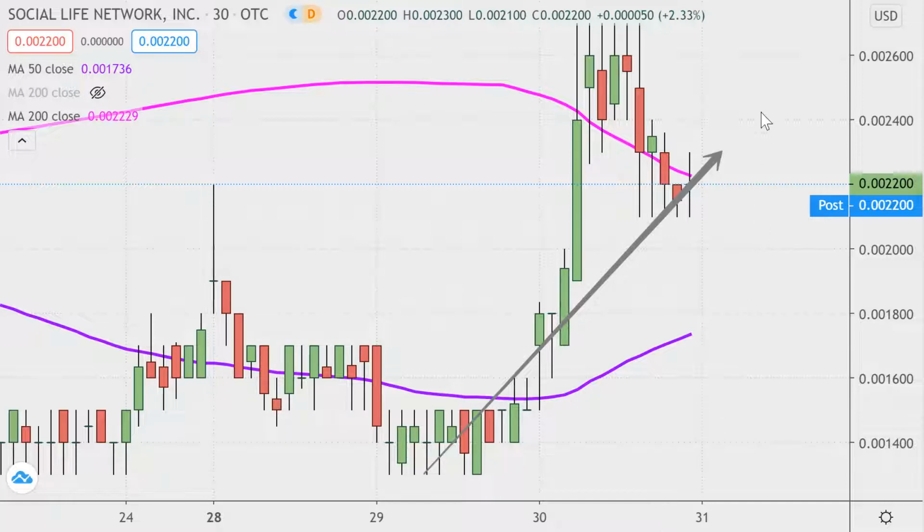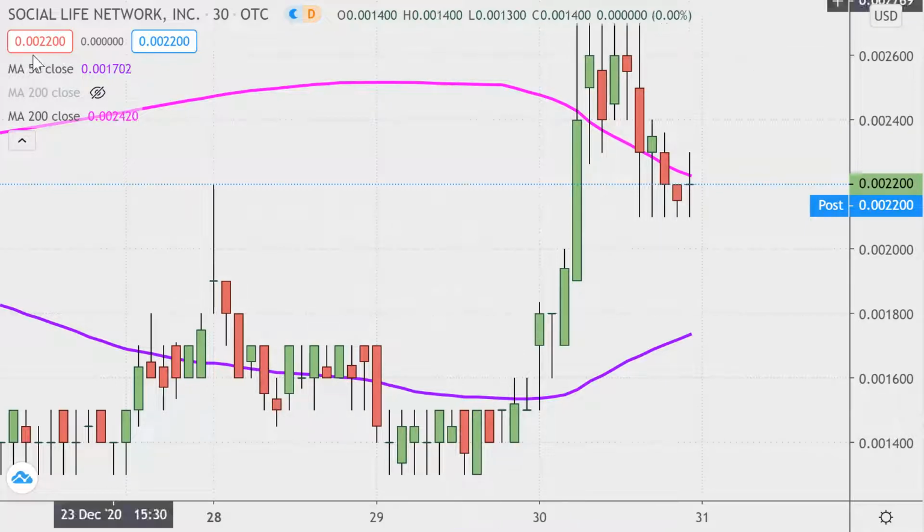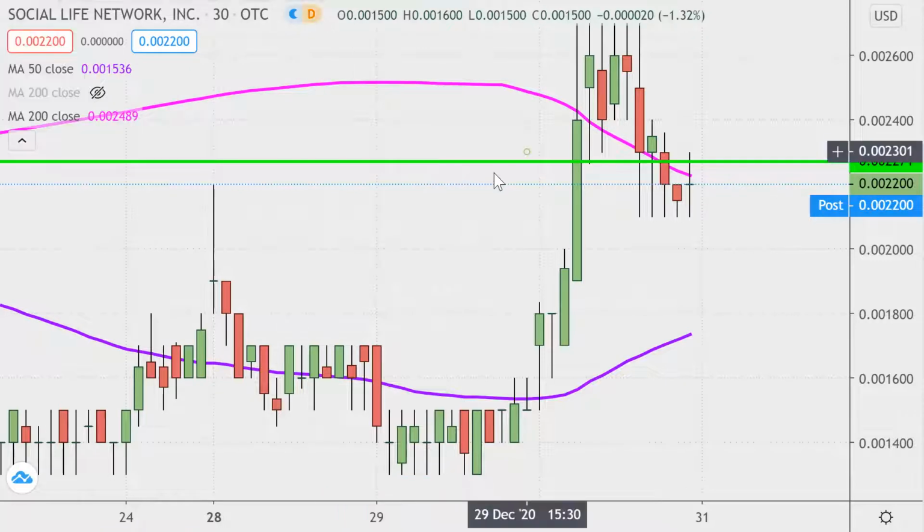But that does lead to the more than valid question of, is there any sort of true power behind this price movement? Is there any sort of genuine strength? Or is this just some sort of knee-jerk reaction, dead cat bounce type move? And I have no idea, but by using charts, we can make answering that question very straightforward. And in my mind, it all revolves around a single area, and that area is down here at this area of